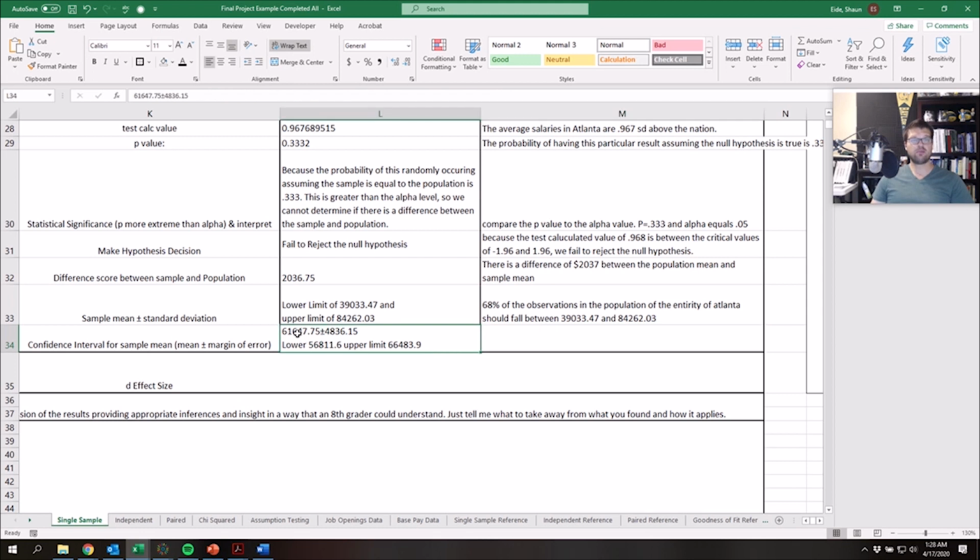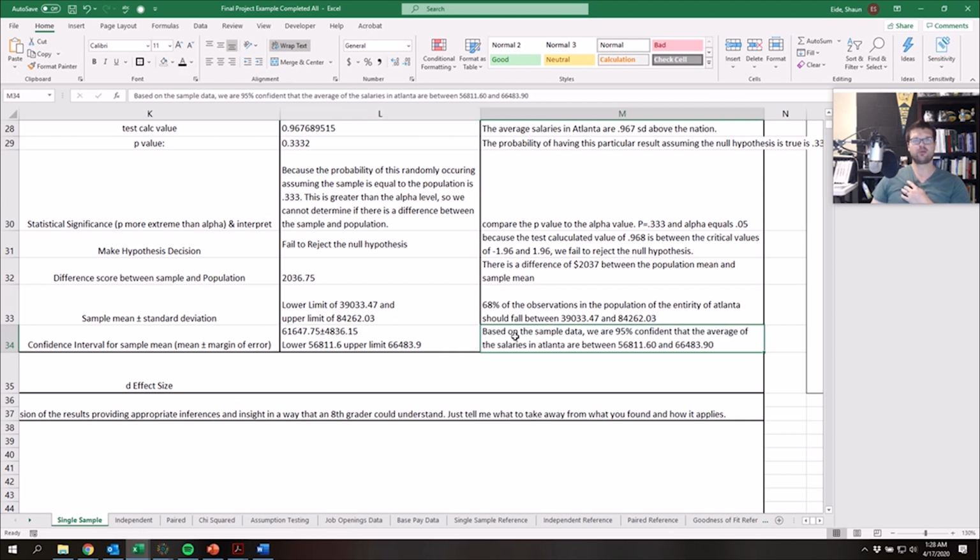$4,836.15. So we've got the mean right there, plus or minus the margin of error. So the lower limit is $56,811.60, and the upper limit is $66,483.90. And so how we interpret this is, based on this sample, we are 95% confident that the average of